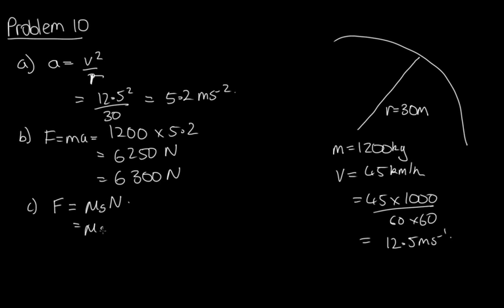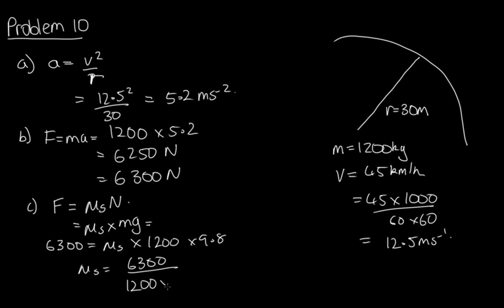So this is equal to mu s times mg. Substituting in our numbers, we've got 6,300 is equal to mu s times 1,200 times 9.8, and so mu s is equal to 6,300 over 1,200 times 9.8, and solving this on the calculator, we end up with